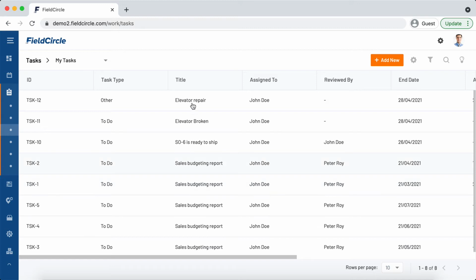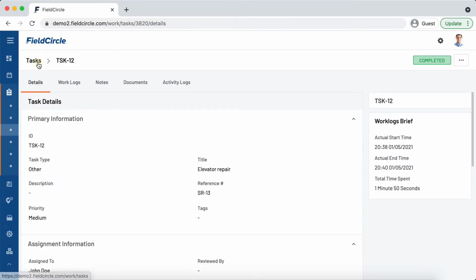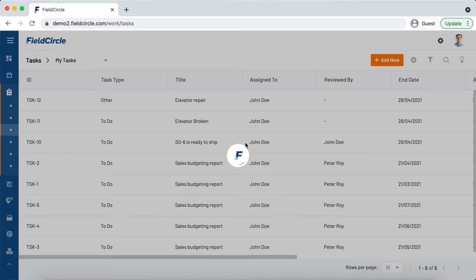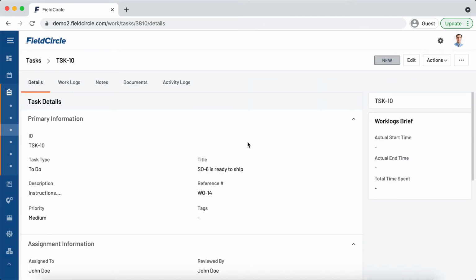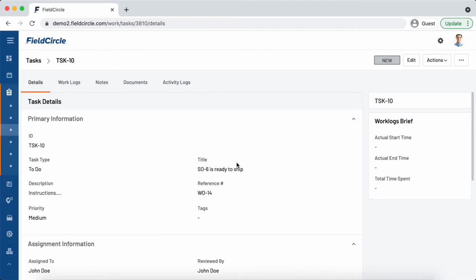Now, let's say you have created this task. Okay, so this is completed. Let's go to any task which may not have been started yet. Okay, so this is a new task. Now, if you wish to make any changes or any tweaks, you may simply go here and make changes. So to edit a new task that has not been started yet, you may simply edit from here.